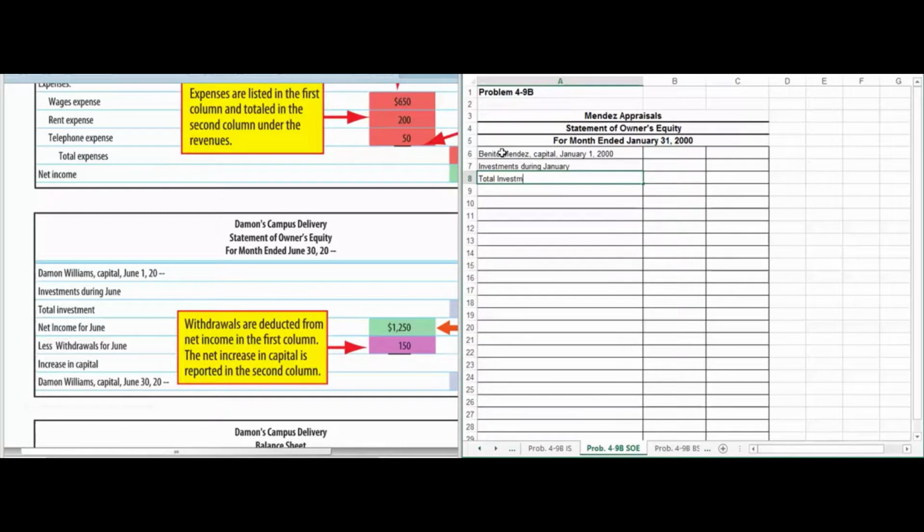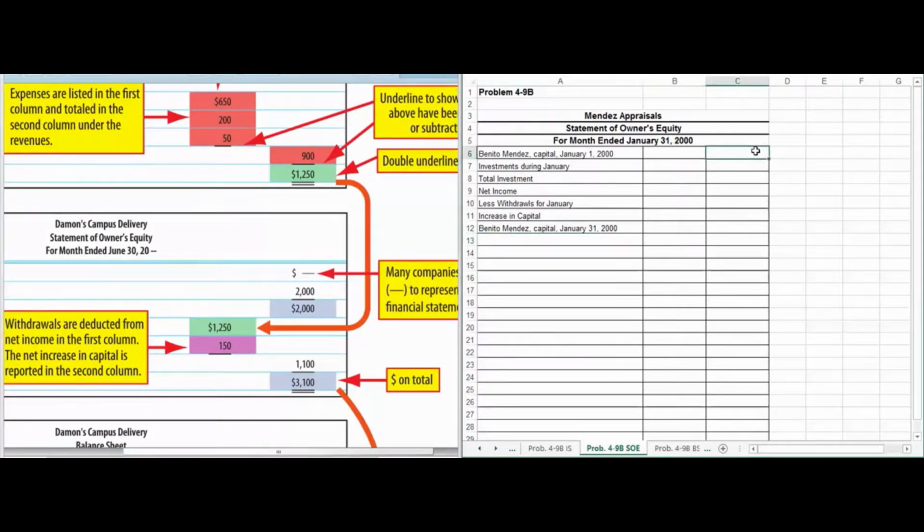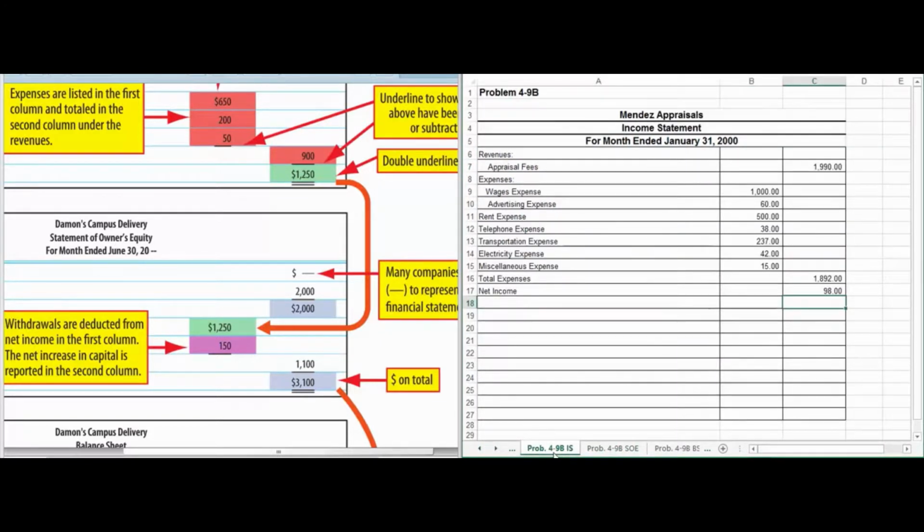Total investment. Net income. Less withdrawals. January, our increase in capital. And then Benito Mendez, January 31st. And so they're going to start at 0 because he didn't have anything at the beginning of the period. We invested,